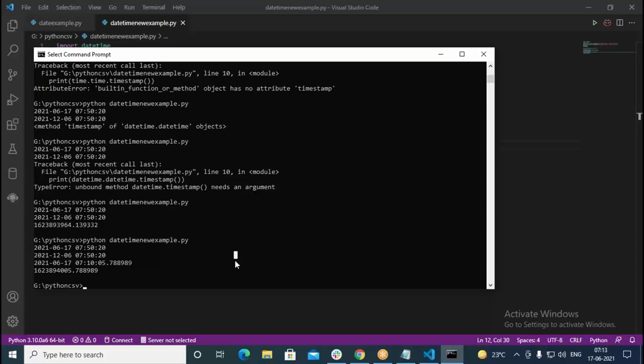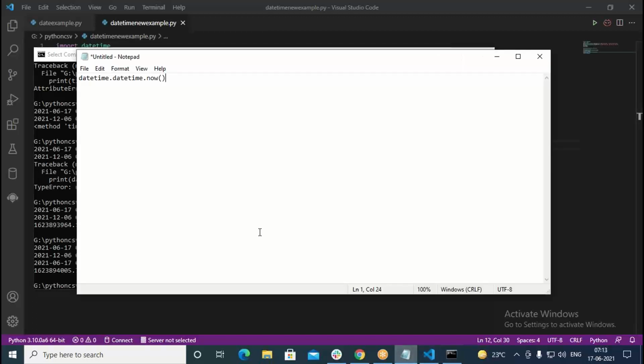Okay, so we'll discuss more on this. Some examples I will try to give you later with the timestamp. For now, think that timestamp is available within the datetime module as well as the time module. The next thing we discuss is calendar. When we get connected to some database, at that time I will give you an appropriate example of how to use timestamp.